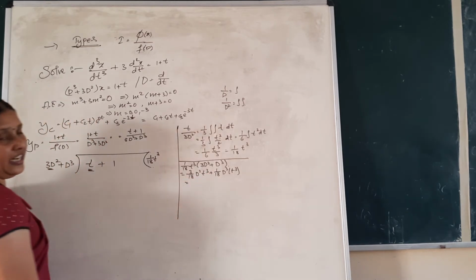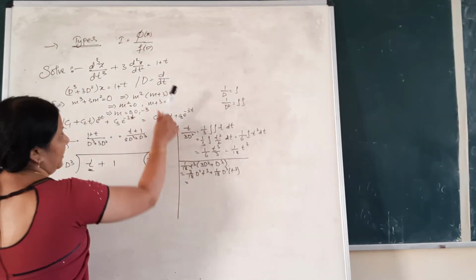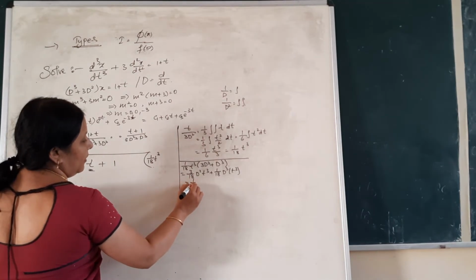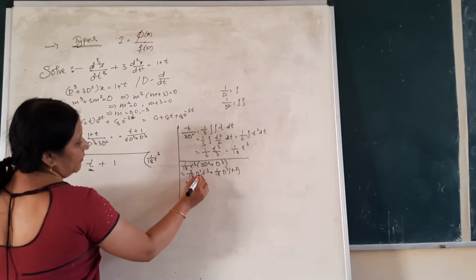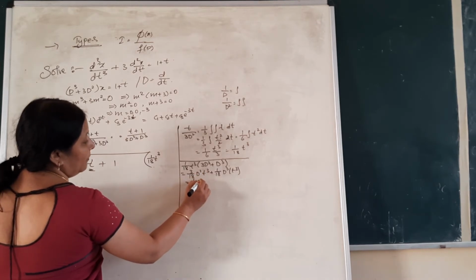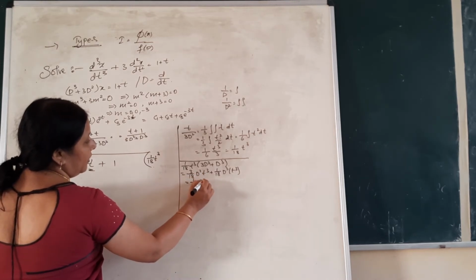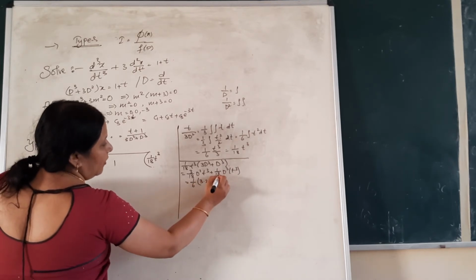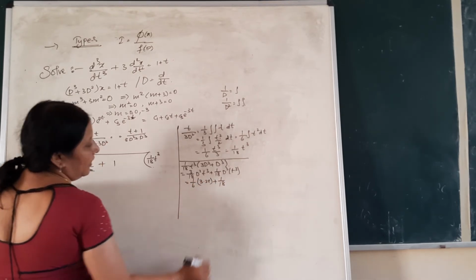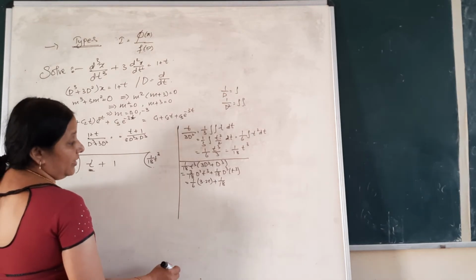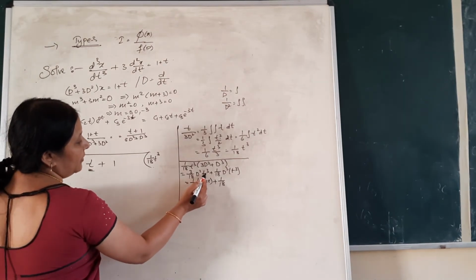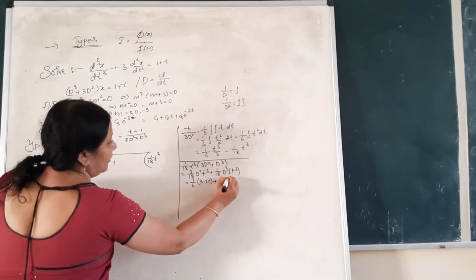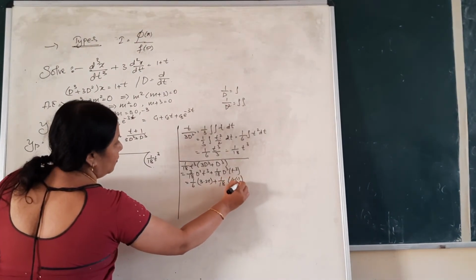D is nothing but derivative, so differentiating with respect to t, because capital D is d by dt here. 3 by 18 is going to be 1 by 6 D square. The double derivative of t cube: 3t square becomes 3 into 2t, plus again 1 by 18 as it is. T cube is differentiated thrice now. First derivative of t cube is 3t square, second derivative will be 6t, third derivative will become just 6 into 1.